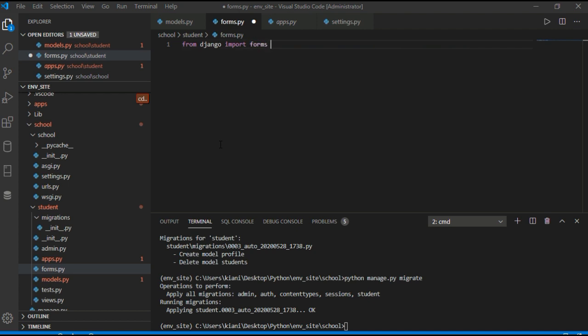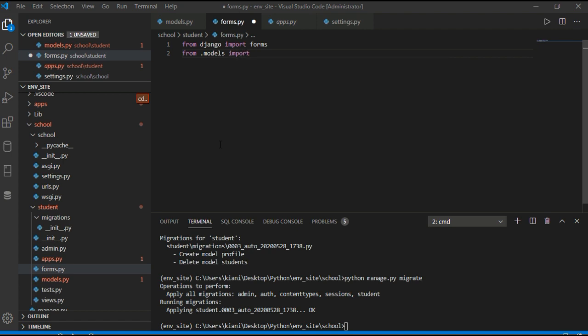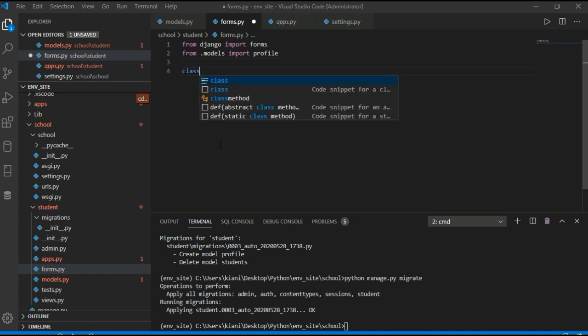Import forms from models, import profile. Import profile.